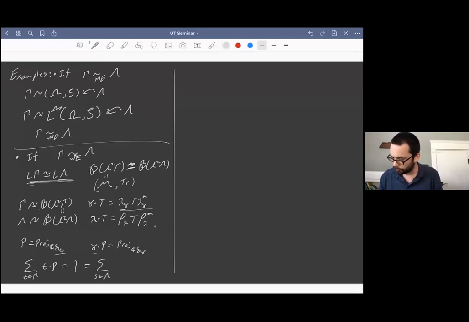So in this case, they both have a fundamental domain. In fact, it's the same fundamental domain, and it also is finite trace because it's a rank 1 projection, so its trace is just equal to 1. So this gives a W star or a von Neumann equivalence between these two groups as well.